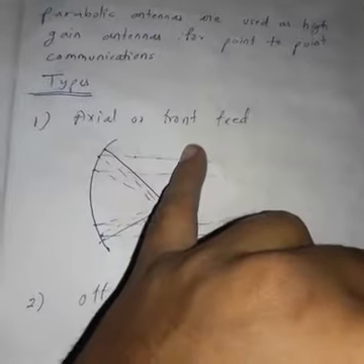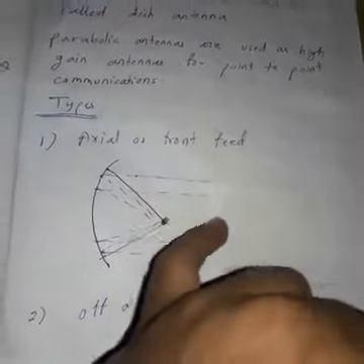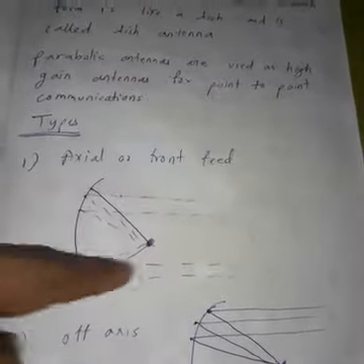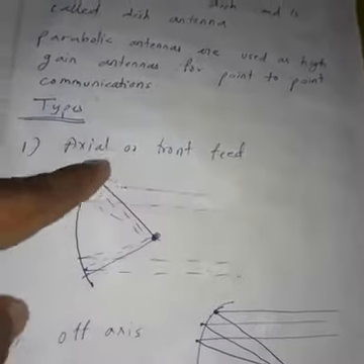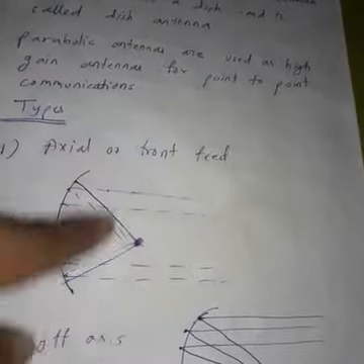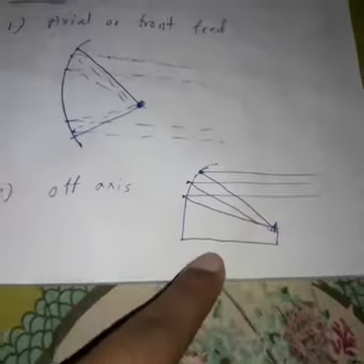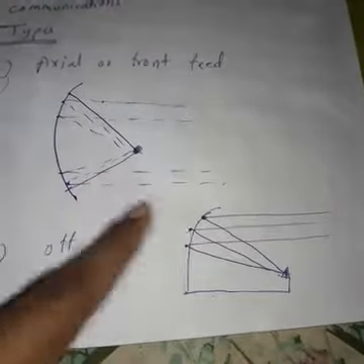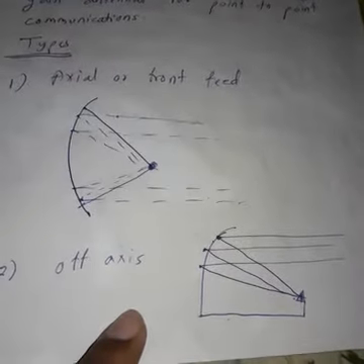So one is axial or front feed, one is off axis. Okay. So axial or front feed means suppose the middle one is the axis. So the reflection will cover both sides of the axis. So that is why it is called axial or front feed. Front means the facial side. Okay, the reflection will be on the facial side. And off axis means just only one side of the axis reflection will be there. Downwards no reflection. Here you see in the figure you compare. In the above figure, two side reflection is there, but downwards only one side reflection is there. So this is called axial or front feed. This is called off axis. Okay.